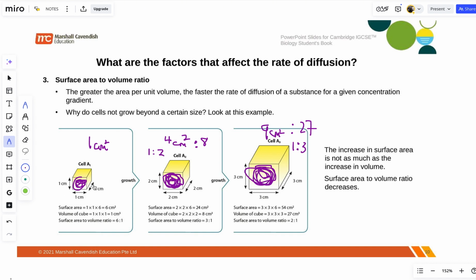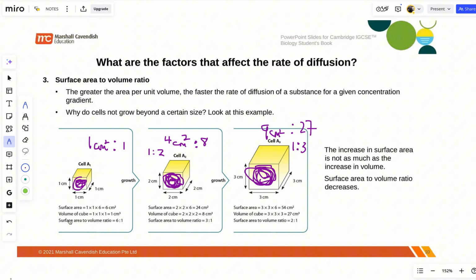The volume of this one is 1. 1 times 1 times 1 is still 1. You divide, the lowest term will be 1. Okay? So you can see this ratio 1 to 1, this ratio 1 to 2, this ratio 1 to 3. Or ratio 3 to 1 if you are looking at this one. Now we say,